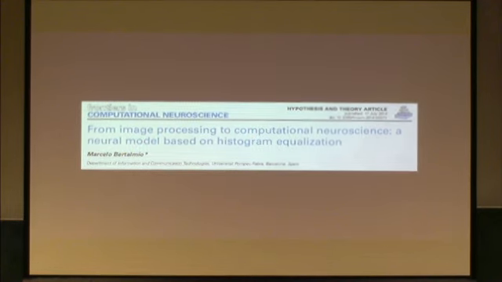Also, in recent work from last year, I proposed an extension of the Naka-Rushton equation, which is related to local histogram equalization and to efficiency of representation in the visual system, and which allows this new model to reproduce visual perception phenomena called visual induction. Induction is the effect by which the way we perceive an object is affected by its surround.